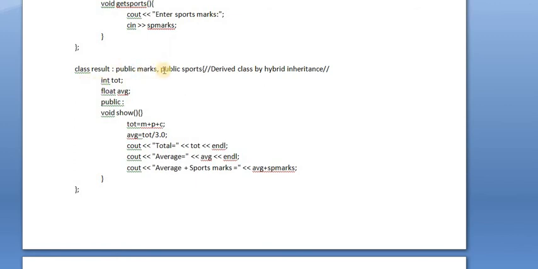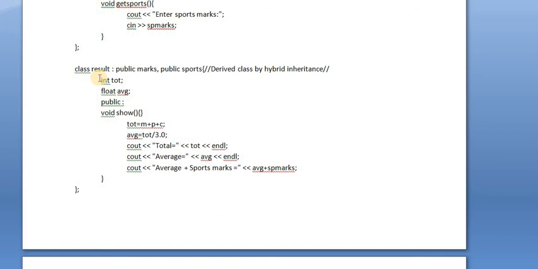So public marks and public sports, these are the base classes for the result. Now two base classes means what? It is multiple inheritance, and before that the first base class is student, second is marks and third is result. So it is multi-level inheritance. Now this program is a combination of multiple and multi-level inheritance.